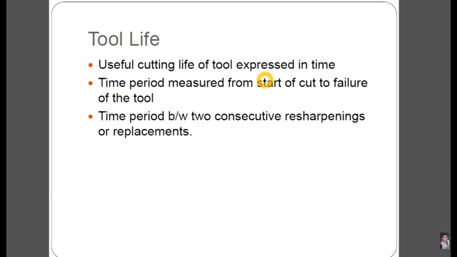The tool life is defined as the time elapsed between two successive grindings. This definition assumes that as soon as the tool is ground, it is used till its life is over. So, according to this definition, tool life means cutting time after grinding. Tool life is the most widely used criterion for the evaluation of machinability owing to its direct bearing on the cost of machining. The tool life is the time interval between two consecutive resharpenings during which the tool performs satisfactorily.